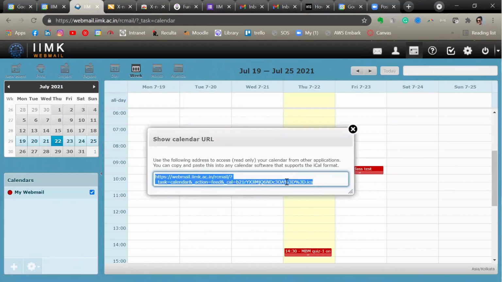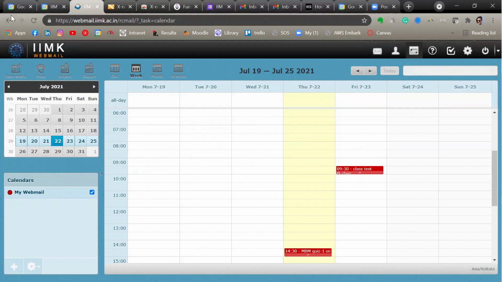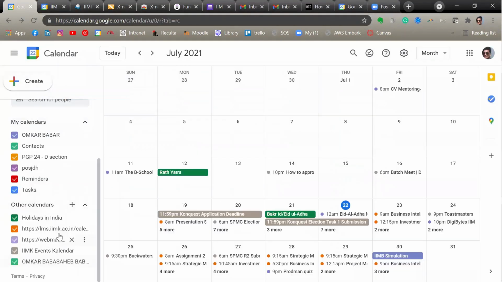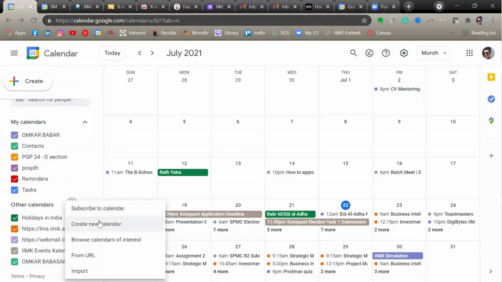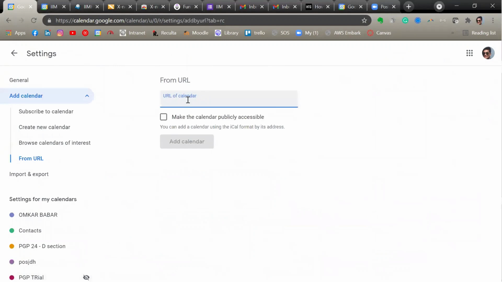There's a URL for your particular my webmail calendar. Just copy that URL, go to your personal calendar, go to other calendars, then click on plus, select the option from URL, paste the URL that you had just copied, and then add calendar.